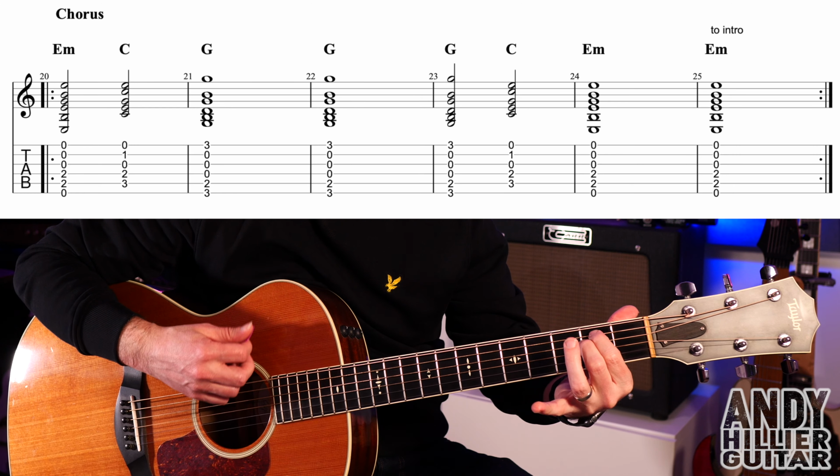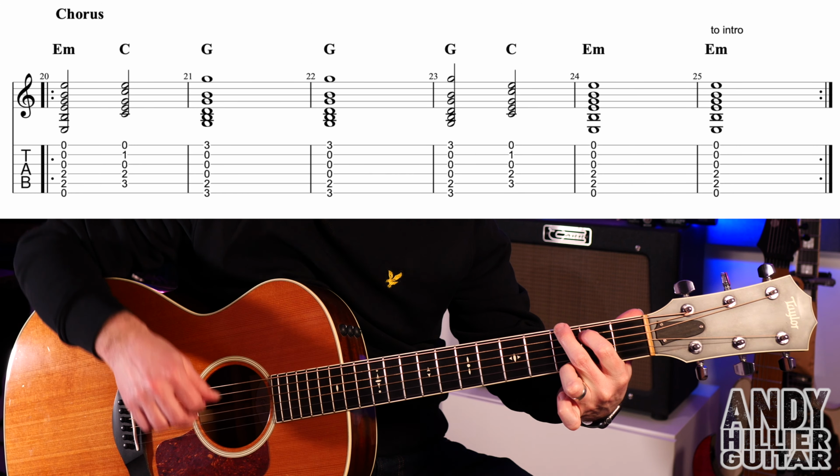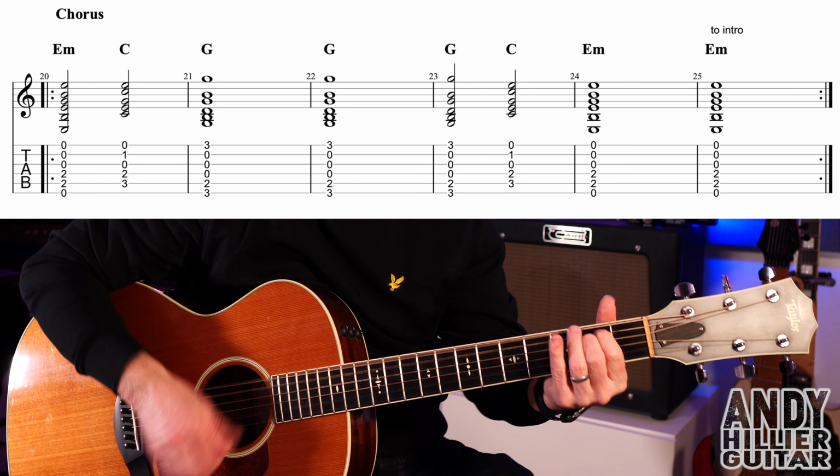So for that, E minor, A2 and D2, then a C chord, then G, and then G for another bar, and then G for 2 beats, then C, then E minor for 2 bars. You could put a bit of rhythm in, like a...